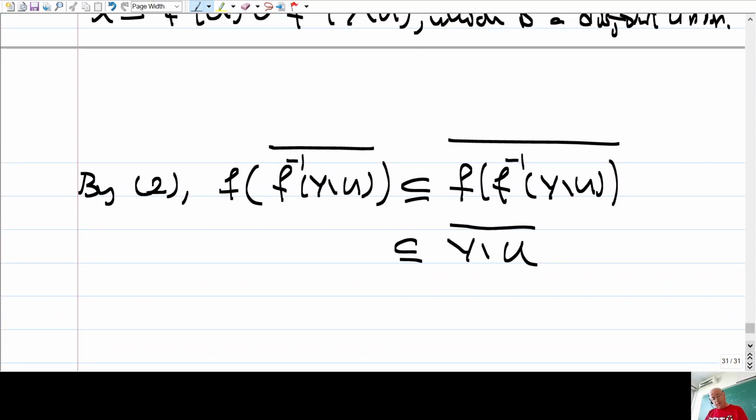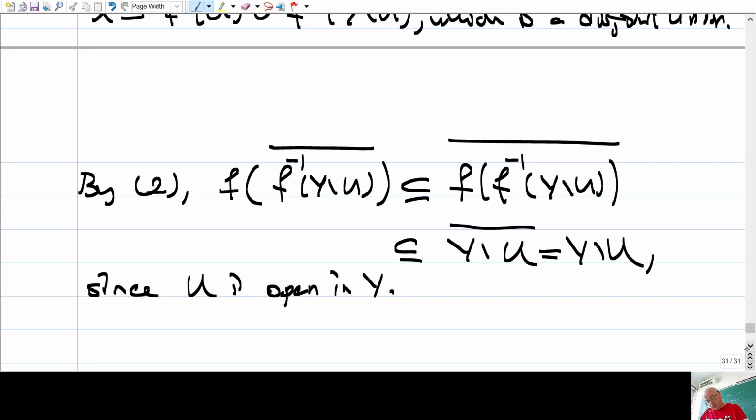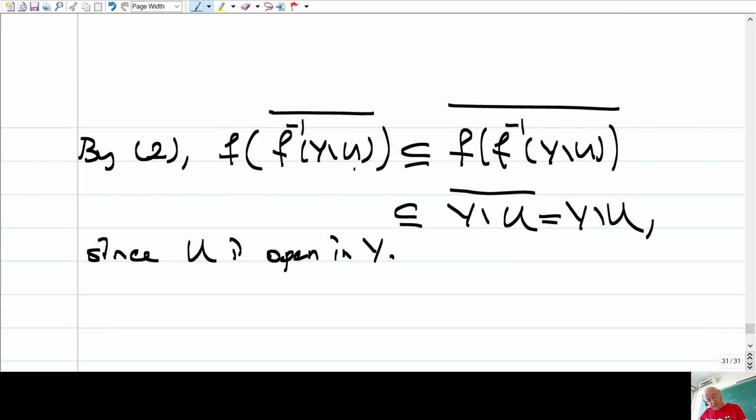But this means what? Well, U was open in Y, therefore Y minus U is closed in Y, therefore this is Y minus U. Since U is open in Y. But this means what? Image of this set is inside this set, therefore whatever this thing is, in particular